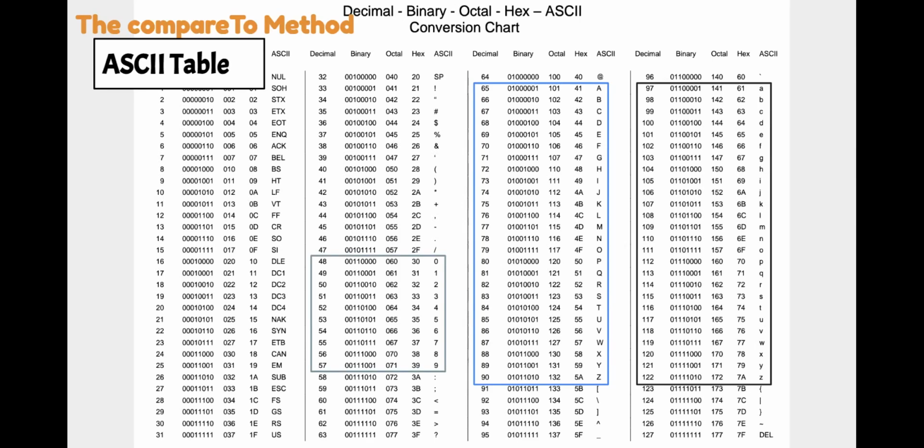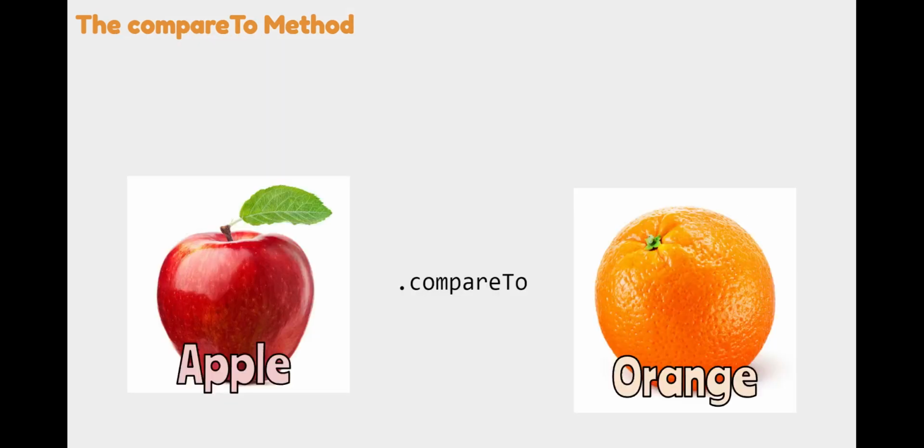Notice that 0 has the lowest assigned number because if we were alphabetizing, we would alphabetize things that have numbers first. Then we have our capital letters. And then finally, when alphabetizing, we would go by our lowercase letters,